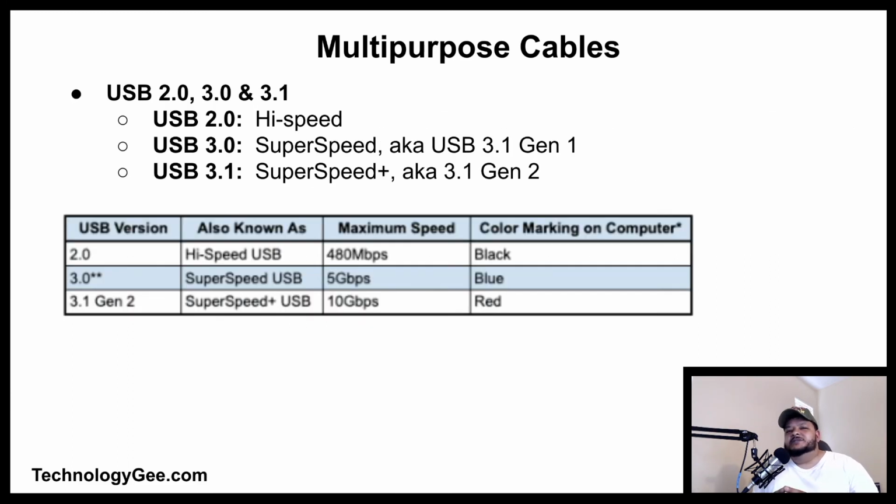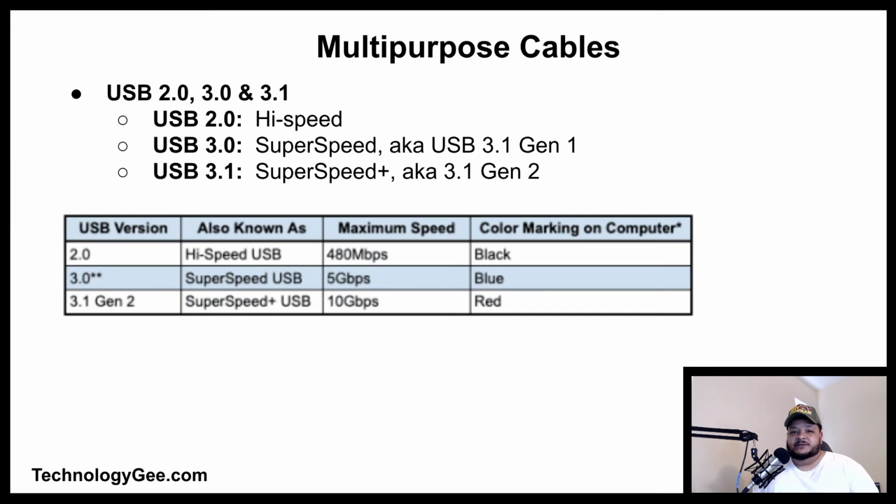Let's talk about USB 2.0, 3.0, and 3.1. So 3 standards for USB ports that are included on the A+ examination are going to be USB 2.0, which is known as high speed, 3.0, which is known as super speed, and it's also known as 3.1 generation 1. And then you have USB 3.1, which is known as super speed plus, and this is also known as 3.1 generation 2. And there is a chart for your viewing pleasure to help you identify each of these